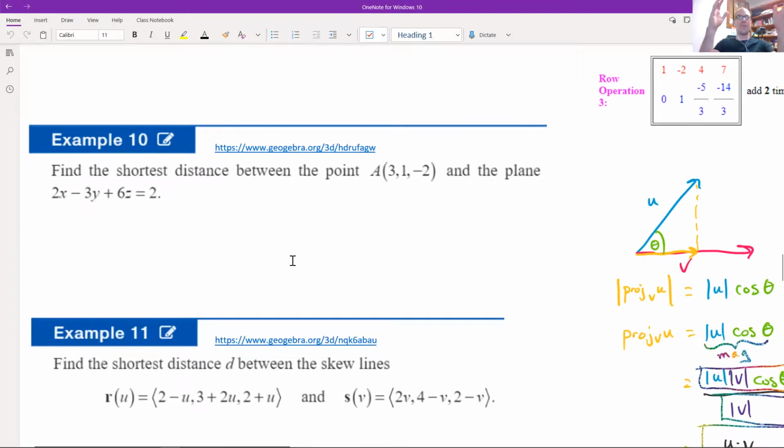Sorry. Example number 10. Again, we're just trying to get the big idea here. Find the shortest distance between a point and a plane. So this point is not on the plane. We're trying to find the shortest distance. The idea here will be